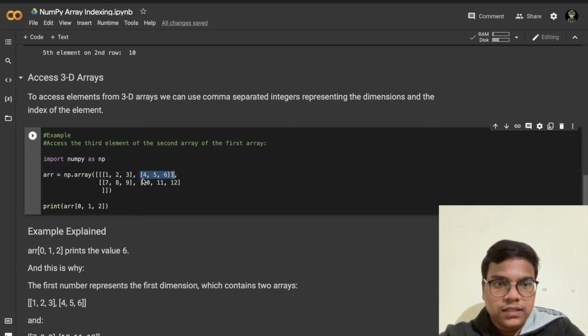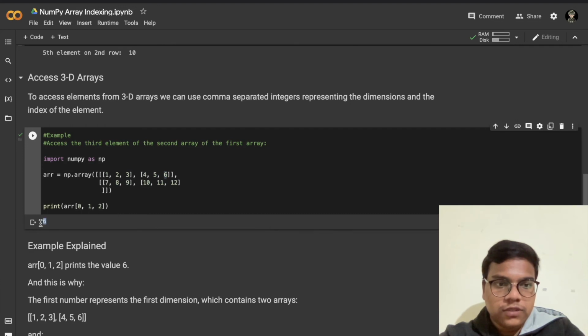This one represents the 0th element and the first element, right? Then from this I want the second element, 0 1 2. This is the second element, that is 6. As you can see the output.